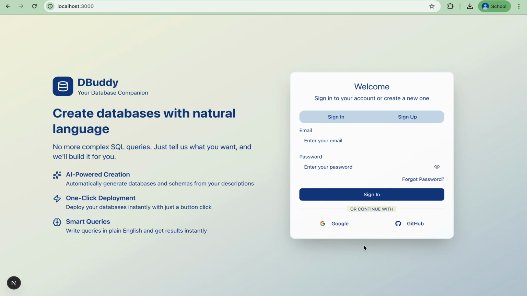Project Dbuddy, an AI-powered backend manager and database management system which helps users to query, modify and explore their database using natural language without writing any SQL manually. So the main goal of Dbuddy is to simplify database operations by combining AI, PostgreSQL via Neon database and an